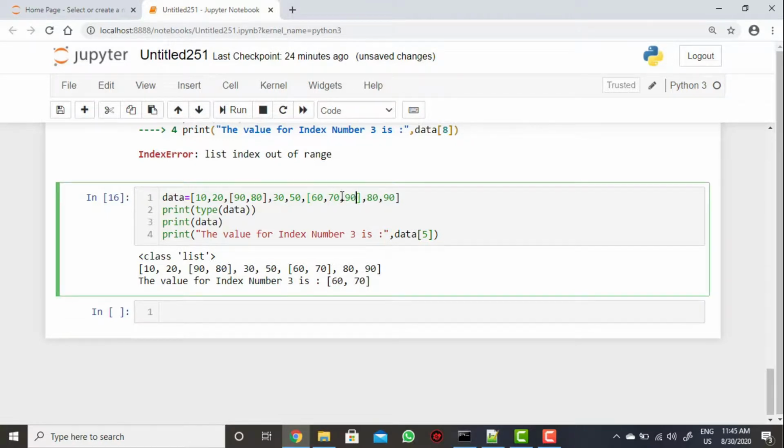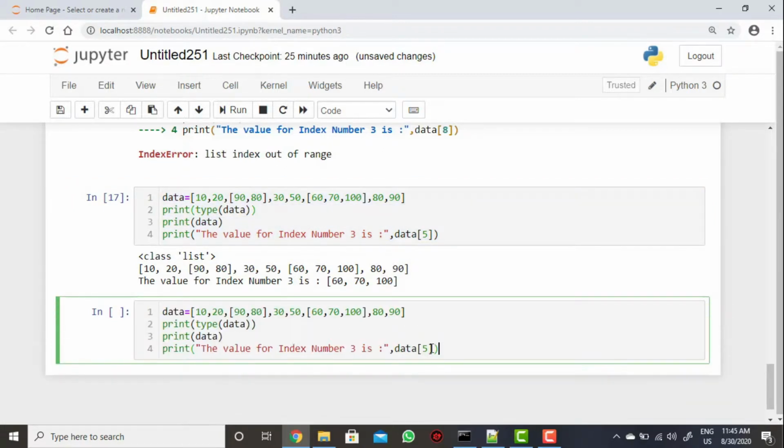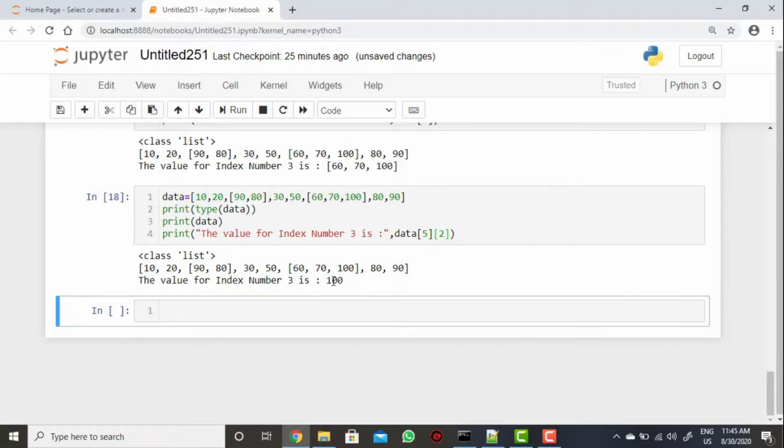If you want to add, you can add values 90 also, or you can say 100. Now I want to display the 100 value from this. The index number is 5, and from there the sublist index will be 2, then 100 is coming.